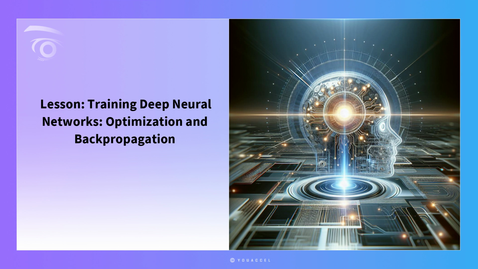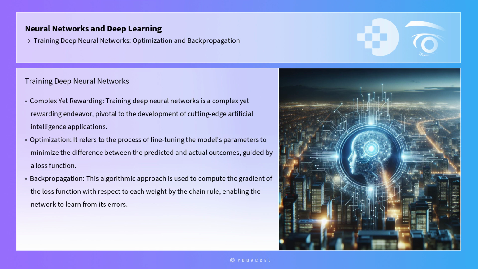Lesson: Training deep neural networks, optimization and backpropagation. Training deep neural networks is a complex yet rewarding endeavor, pivotal to the development of cutting-edge artificial intelligence applications. At the heart of this process lies optimization and backpropagation, two critical methodologies that underpin the learning capabilities of these